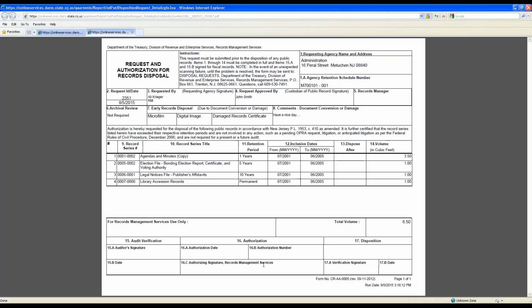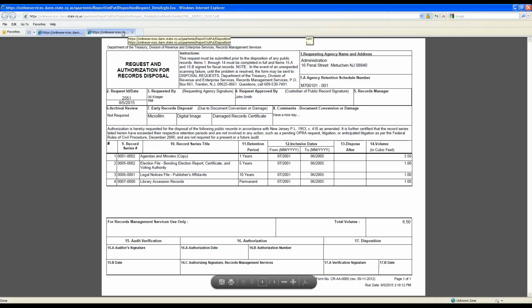So again, from the organization, I need at least 2 signatures. Me as the requester, I'm going to sign in box number 3. And then I'm going to give this to my approver or my custodian. In this case, it's John Smith, my BA or whatever. He or she's going to sign there. And then if this request requires any signature from the auditor, then I would send this document to the auditor, and the auditor would sign down in section 15, sign and date at the bottom. And then once I have all my signatures, at that point in time, I would scan this document and then upload it into the system. And that's what we're going to do now.